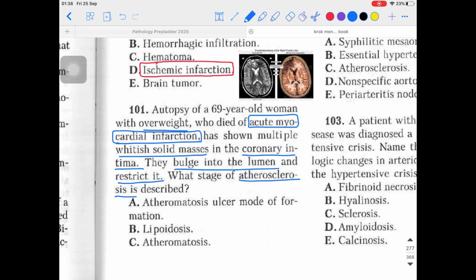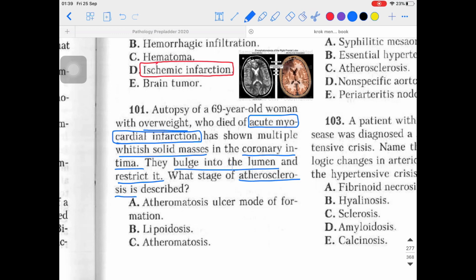You can make your own notes while I'm talking about these, or you may give a read in the description box below. Fine. Look, I'm not going to talk about all of the stages over here, but I want to talk about the main one related to this particular question, because they are saying that after the acute MI, they gave the history of acute MI.